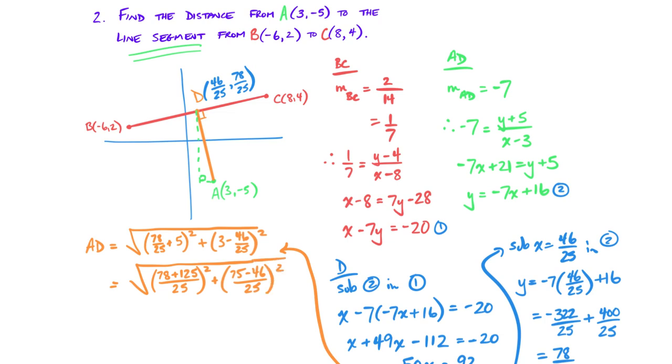There is me using my Pythagorean theorem. There is me getting common denominators. What I now need to do is simplify the tops of both of those fractions. So I am going to take my 78 and I'm going to add to that a 125. So that is going to get me 203